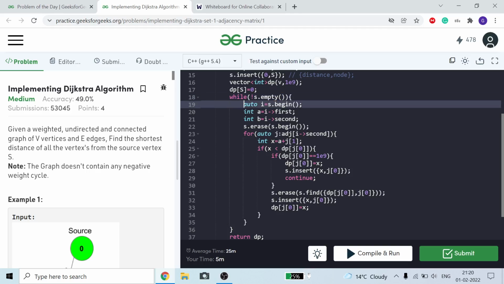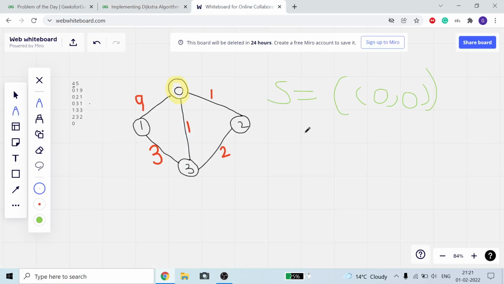What we do, we will take the begin pair of our set. Why did I take set? Because in a set, think if we have 1,000 pairs, the first index of the first pair is always the smallest. That's why I took set. Otherwise I could use a vector or anything else of pairs, but I would need to sort it. If I took a priority queue, then I would have to run a log n operation each time to find the minimum pair, and we need to update it.